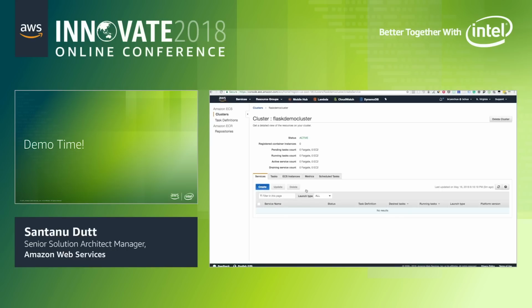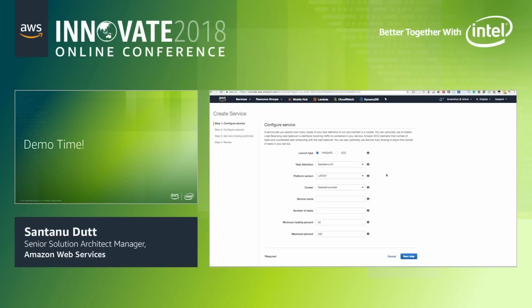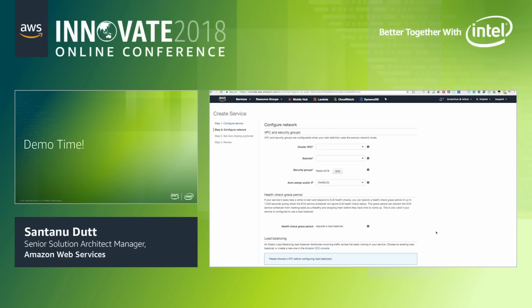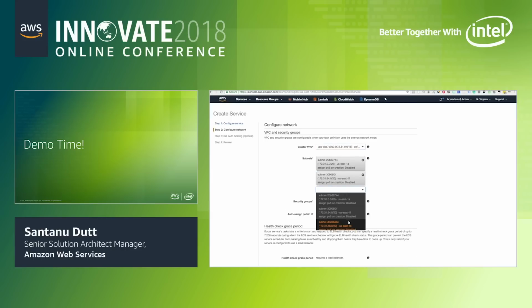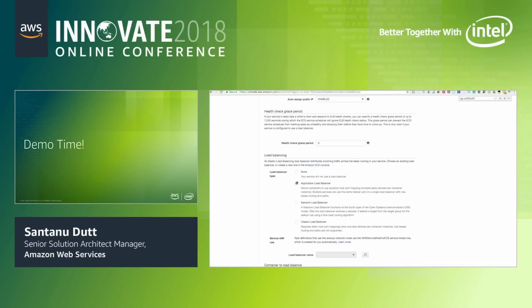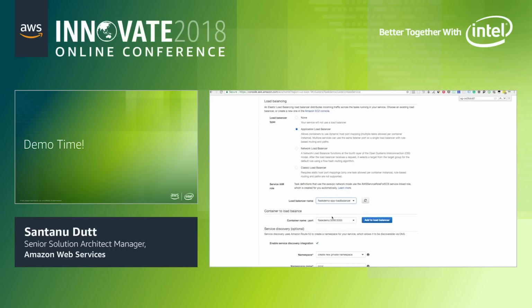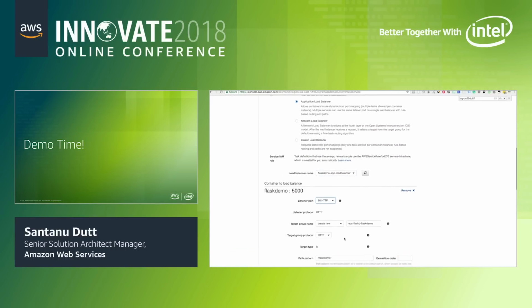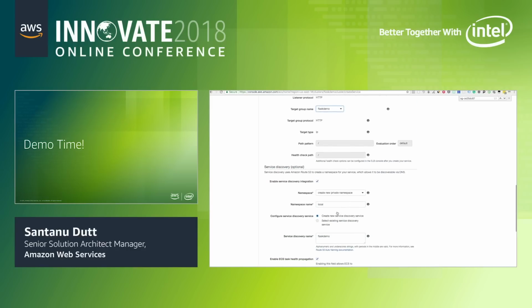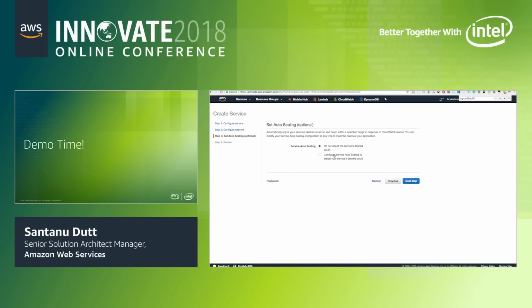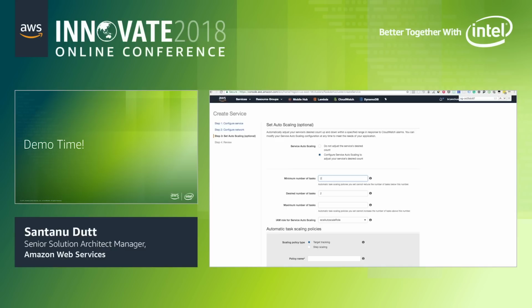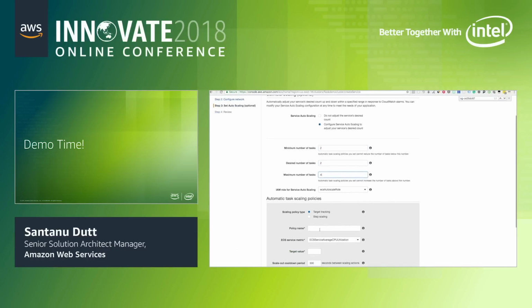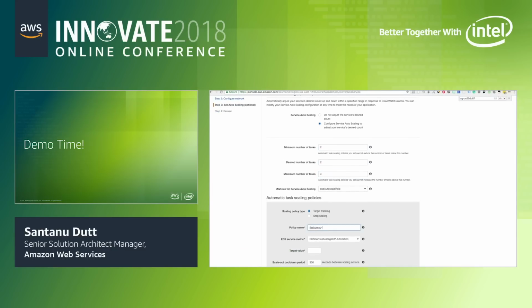Very simple to do. There are two launch types. As we mentioned, we'll choose the Fargate launch type because that's what this demo is about. We'll choose a couple of tasks under the service. There's a VPC configuration which all of you should be aware of. We'll just select an existing one to make it easier, and then we'll configure the application load balancer. We have one existing here as well, and we'll configure the different parameters of the ALB as well. We will then configure an auto scaling group to add and remove tasks automatically to match scaling demands. We'll put in a policy there, and then